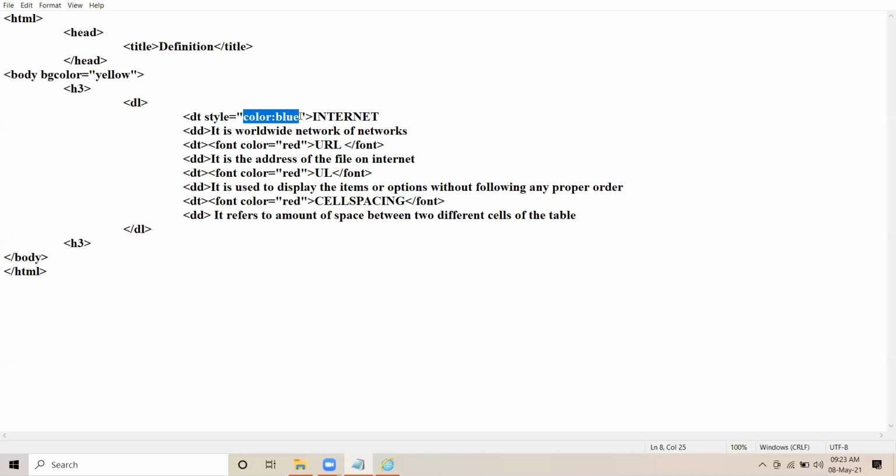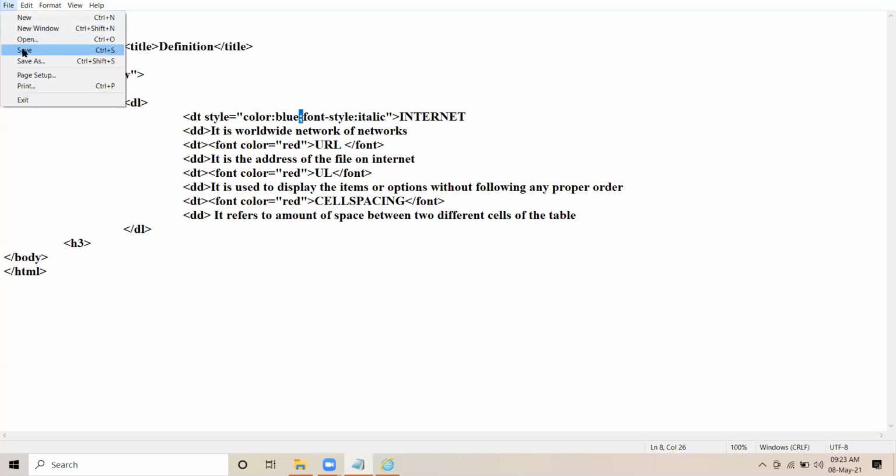But if you are having multiple properties, suppose I put another property here, font style italic. Now font style is my last property. It is optional to put semicolon here or not. But in between the properties, it is compulsory to put semicolon. Am I clear to you? You can see the result here.